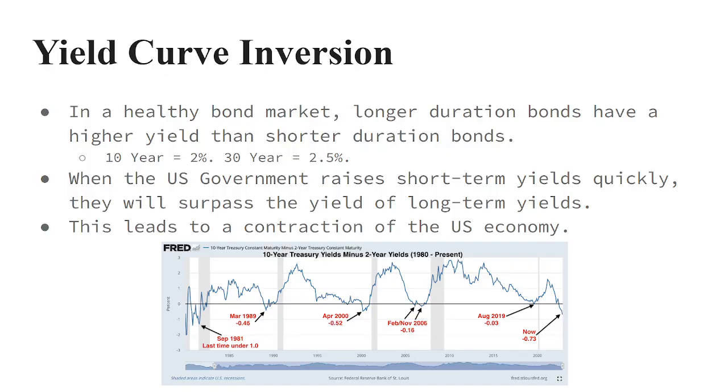This often leads to recessions, depressions, what have you. Looking down at this chart, you can see we've had some yield curve inversions in the past that have led to predictions of recession. We saw this in the early 80s, the late 80s, the early 2000s, before the great financial crisis, before the COVID crash, and then now we are currently still inverted between the 2-year yield and the 10-year yield. So what this means is the bond market is predicting a recession, and the severity of the recession depends on the inversion of the yield curve.